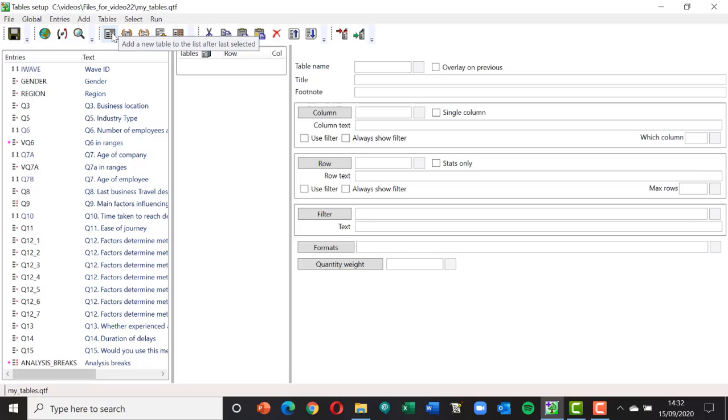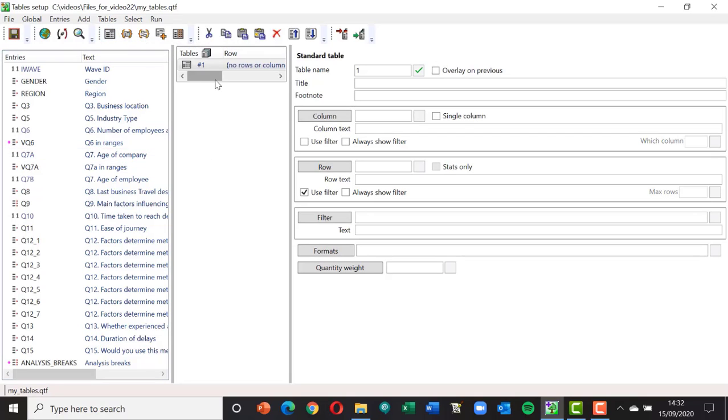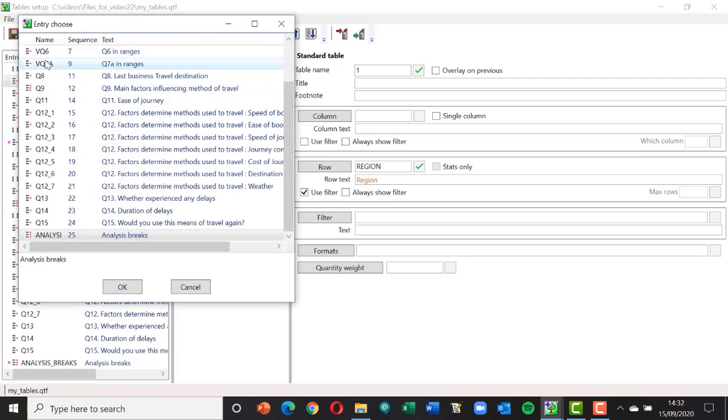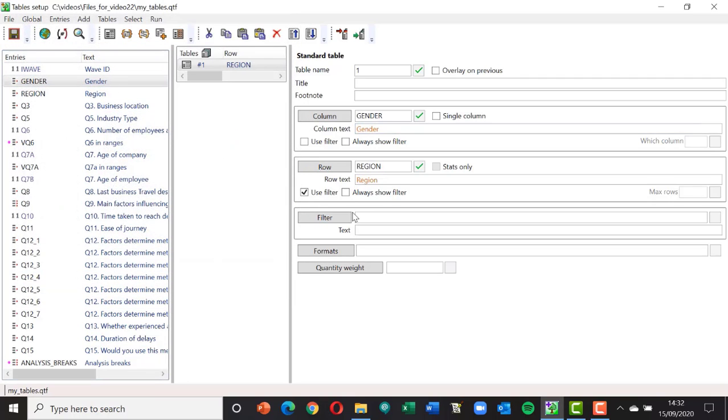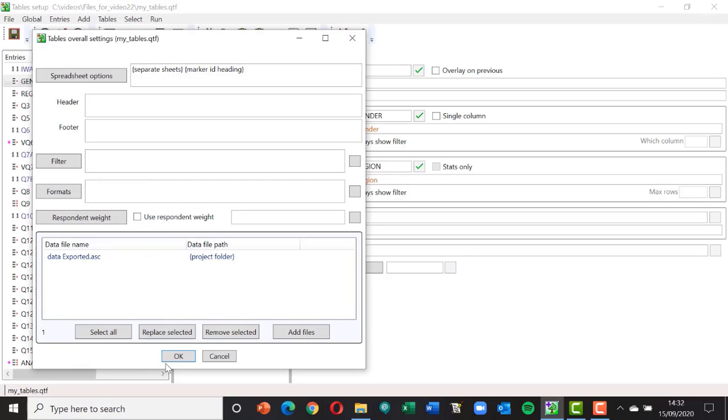So I'm going to first of all just add a standard table, and that gives me table 1. And if I was to drag, let's do a really simple table here, region into here and gender into here, it would give me that table. Now I can also get at this list by clicking on the column, scrolling up and selecting from the list here. So both of these methods, either by dragging across or by scrolling, is absolutely fine. And if I want to run that, I just click on this arrow here, although there's also a run menu here so you can run from there, but probably you'll click on this green arrow, click OK,